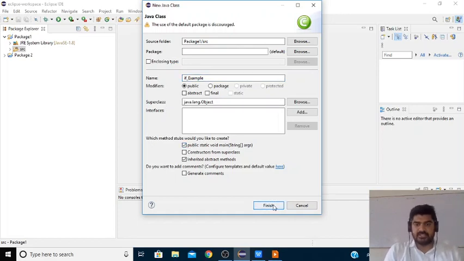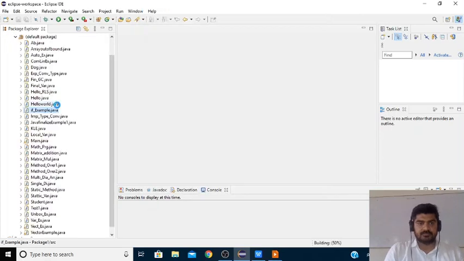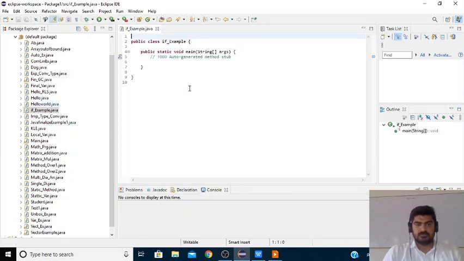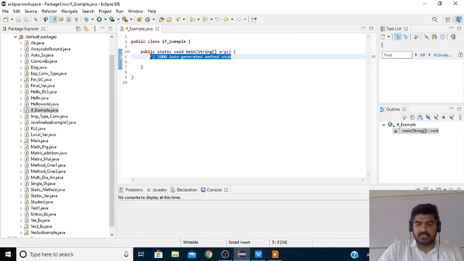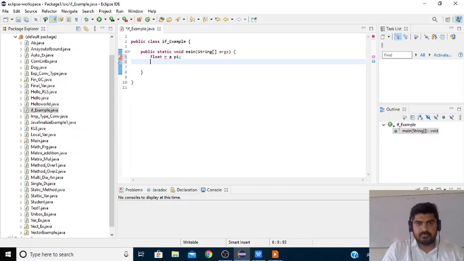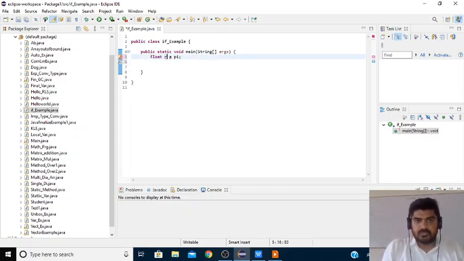Check this and click on finish. So just delete this, declare the float variables radius, area and we require pi, semicolon.